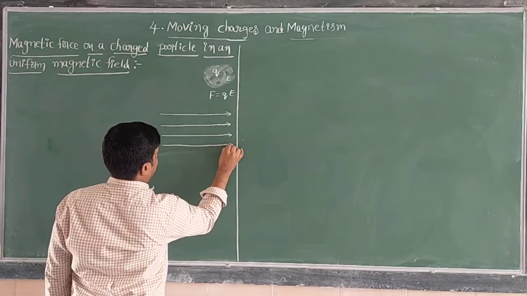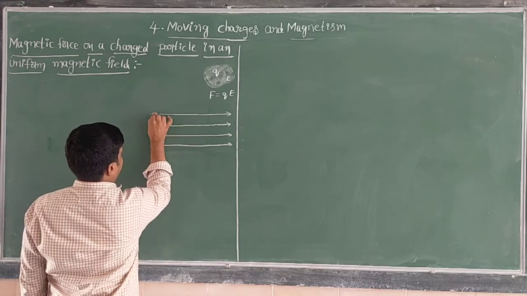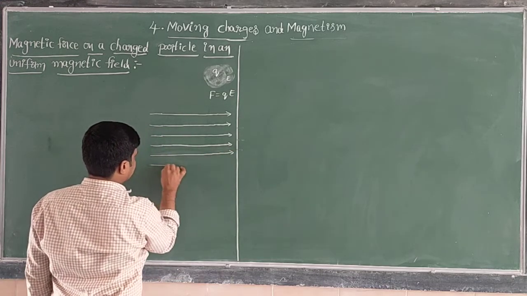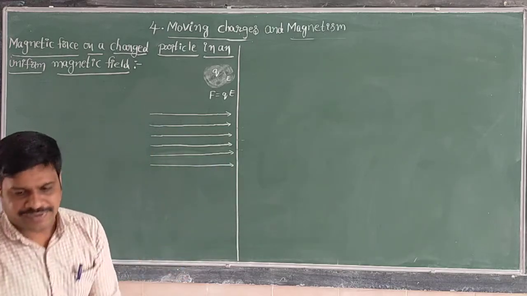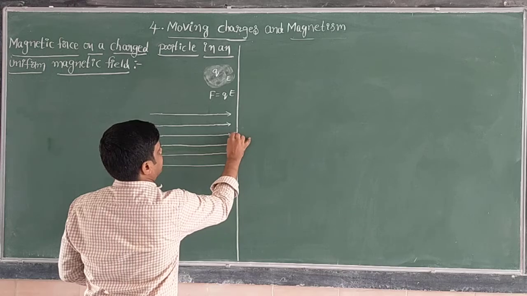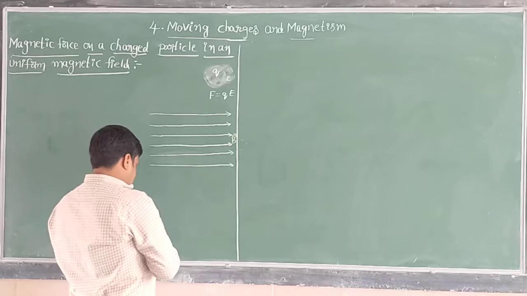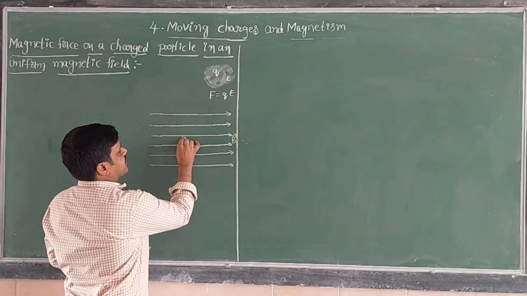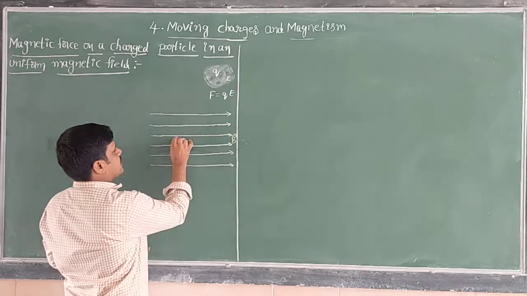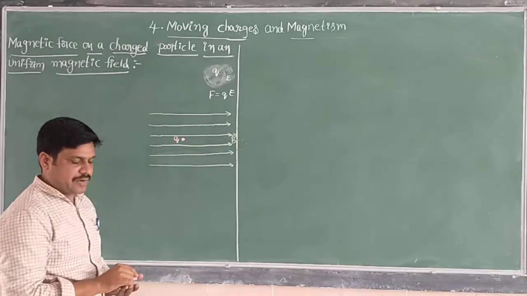Now these are the magnetic field lines. See, here I am representing them like this. So what is the magnetic field? The magnetic field here is given by B bar. B bar is the magnetic field. Right. In this magnetic field, I am taking a charged particle. See, this is the charged particle. What charged particle have I taken? A charged particle with charge Q.